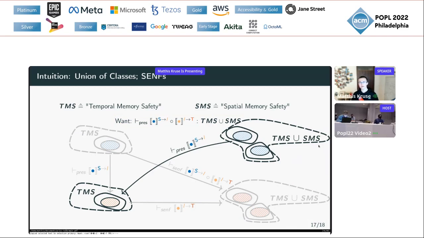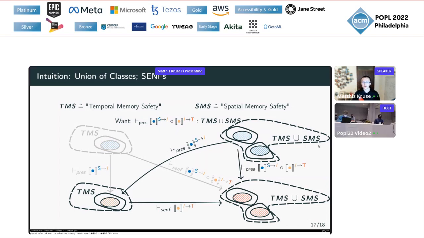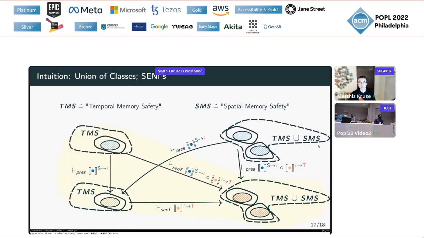But applying the secure enforcement in a similar style to before, we get to both preserve temporal memory safety and enforce spatial memory safety. Thus we end up with the situation that the behavior of the target program is in all properties that are contained in the union of temporal memory safety and spatial memory safety. That means we have essentially two options. The first being, given a source that is in temporal memory safety, we know in the end that it is in temporal memory safety and spatial memory safety. So there would be an intersection here again and not the union.